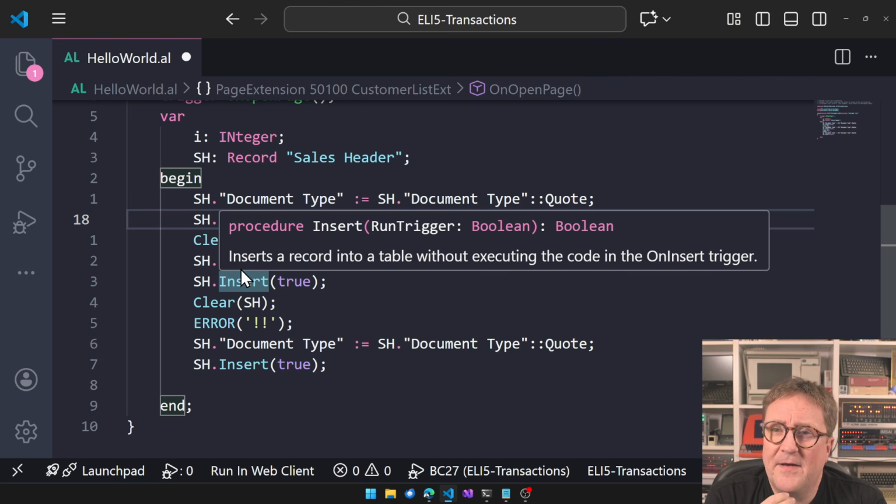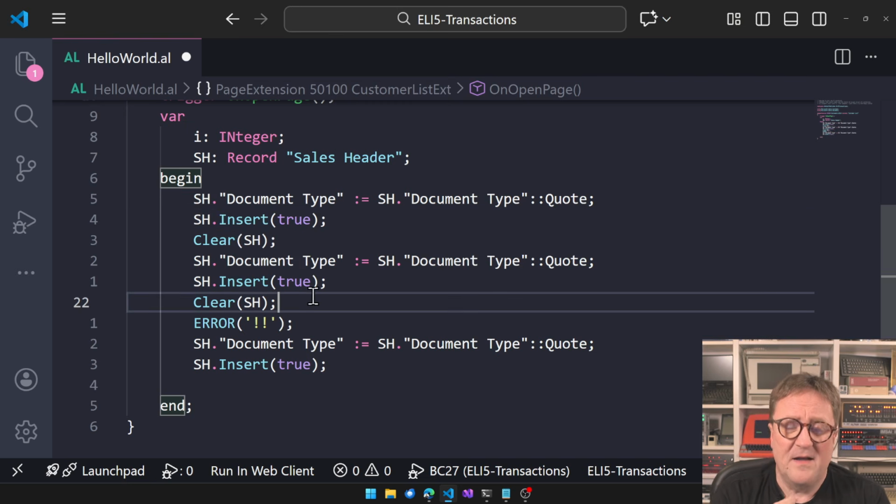And there are some very valid cases when you want to use commit. One is that you have to run something that will only run if there's no transaction. So if you want to run a report, you want to open a page, doing stuff like that, hey, you gotta commit before. In some cases that also leaves an opportunity to reorganize your code so you don't need the commit. In other